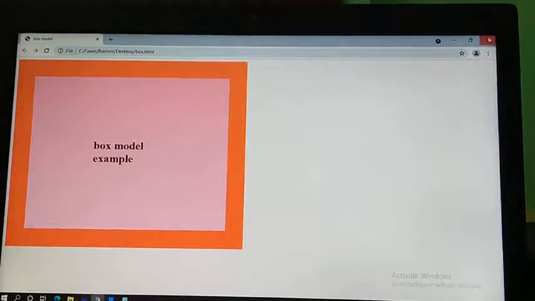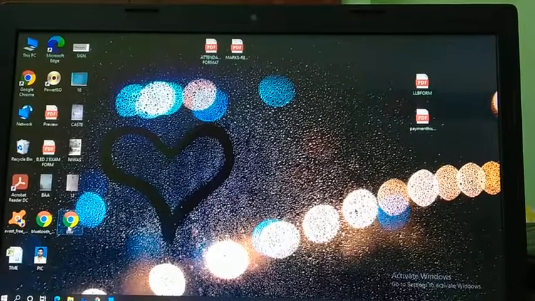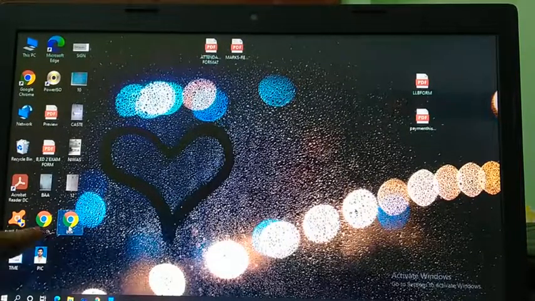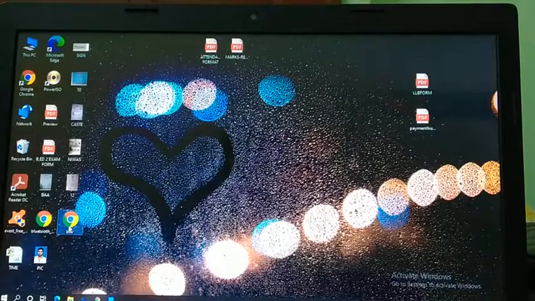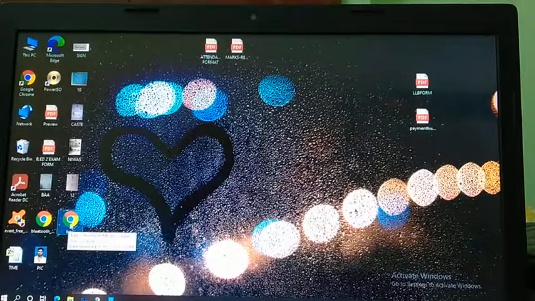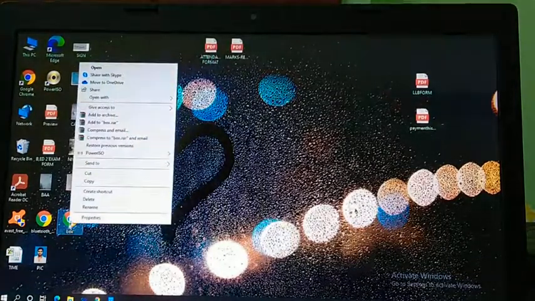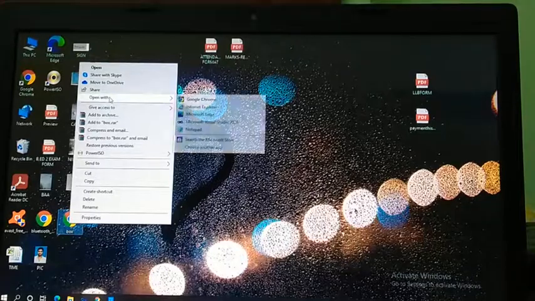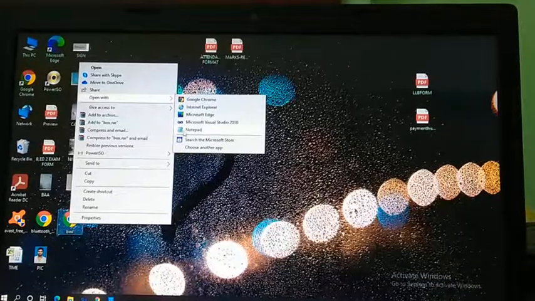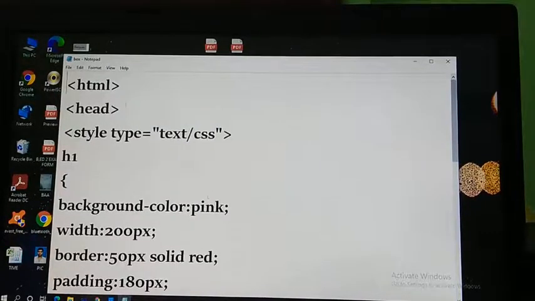Now one more question. Now I'm going to close this website page and also close this one. These icons show in browser format, like this box, because I wrote the name of this browser's box. So if you want to open this box in notepad, just right click on this and click on the open with option, and then select the notepad option. Your notepad coding will appear on your screen.